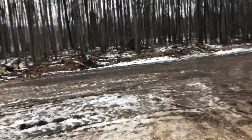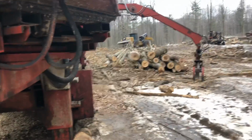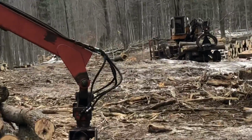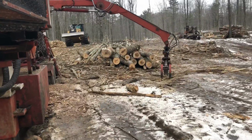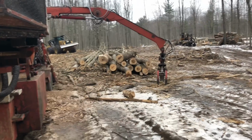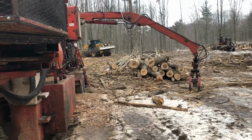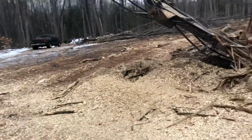I had some nice big logs come up today, and they're all punky. They're all rotten, which stinks. Just lots of rot, and even the one they just dropped off, there's a big one I can see. That's just rot. There's a couple good ones there and then rot. A lot of rot after they stand for so long. These trees will not grow to be a million years old. They have a very short life expectancy, and then they start turning like that. You get these big, huge trees, and then they start going downhill after a while. Kind of a bummer. You gotta harvest them in a timely manner,